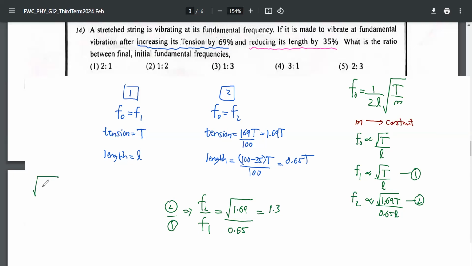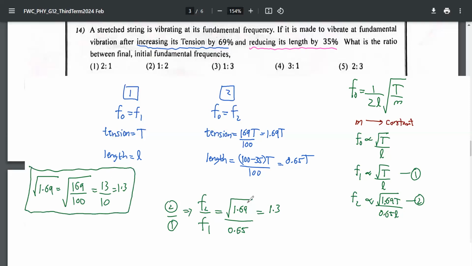Root of 1.69 is actually root of 169 over 100. Root of 169 is 13, root of 100 is 10. So the final answer is 1.3, not 0.1. Got to be double careful. We had the same discussion a few months back about taking root for decimal places. 1.3 divided by 0.65, if you multiply up and down by 100, you get 130 over 65. What is 130 over 65? 2 over 1. Hence, the answer is